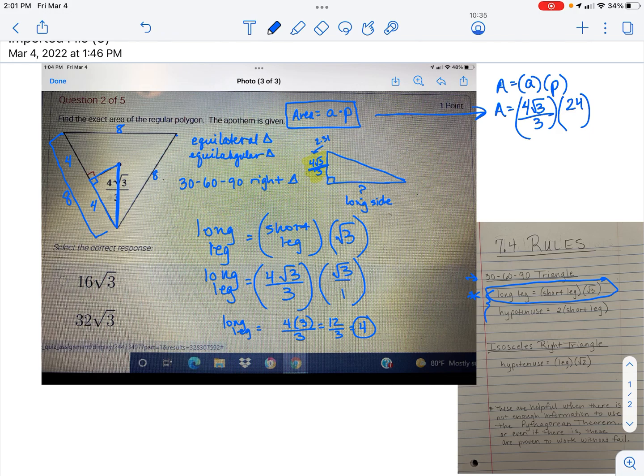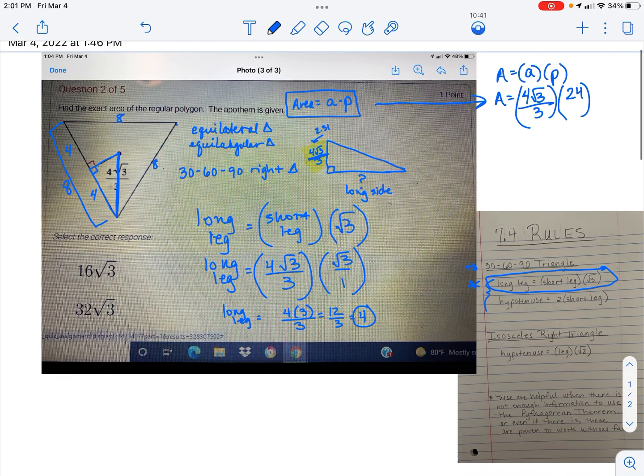Hold on one second here. I'm going to make sure that I worked this through correctly. Yes, I did. Okay, so let's figure this out. We have 24. Remember, multiply just those whole numbers together. So 24 times 4, you're going to get 96 times the square root of 3 over 3. Now let's take that 96 and divide it by 3. And you should get,